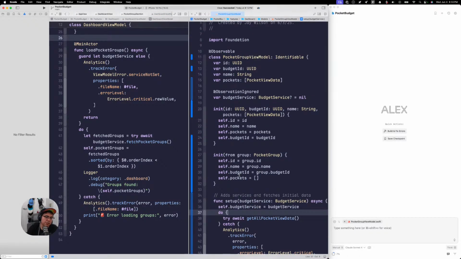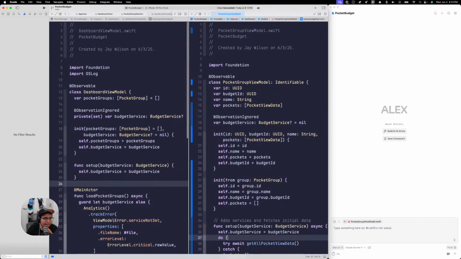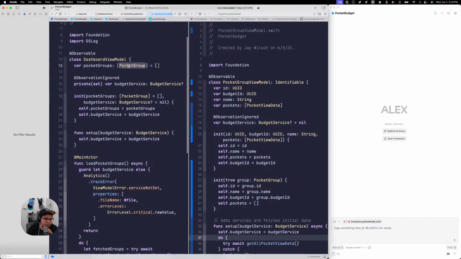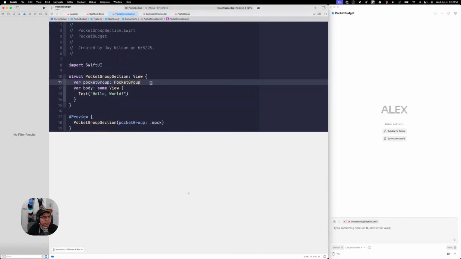Okay, so now back to where I wanted this to work, how I wanted the data to pass. So we have these load pocket groups, which is just a standard pocket group. Nothing else besides the data. There's no relationship data in there whatsoever. So I think because we have this init here, what I can do is in the pocket group section,